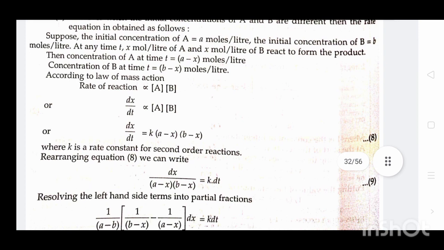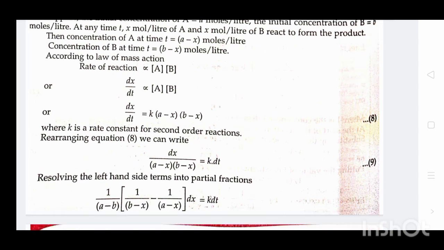According to the law of mass action, the rate of reaction is directly proportional to the concentrations of A and B. dx/dt is directly proportional to [A][B]. dx/dt equals k into (a minus x) and (b minus x), where k is the rate constant for a second order reaction. Rearranging equation 8, we can write dx divided by (a minus x)(b minus x) equals